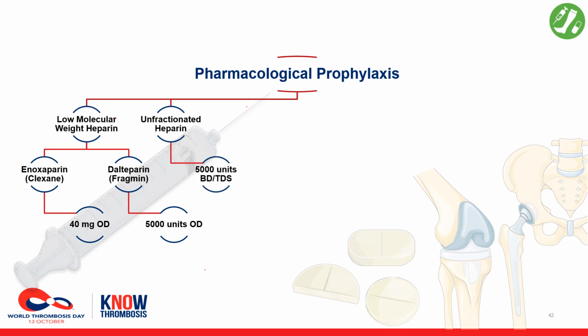So, unfractionated heparin. This is standard dosing of 5,000 units, BD or TDS. It's got a shorter half-life than the low molecular weight heparin, so it needs to be given more often. This shorter half-life is seen as an advantage by some surgeons who would prefer unfractionated heparin because it's in and